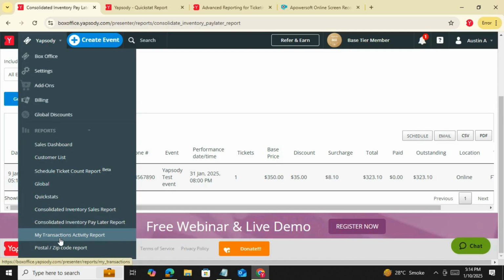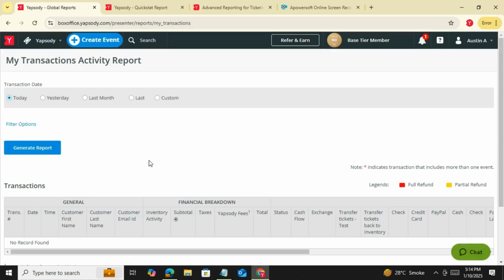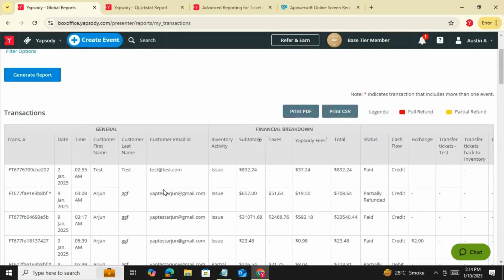Now one more report that we are talking about is the my transaction activity report. The name itself tells me it shows my transaction activity. So what exactly does it do? Let me quickly put a number there. Now you see most of the items are similar, but just to give you an overview, what this does is that it shows only